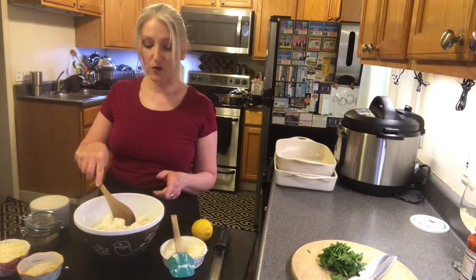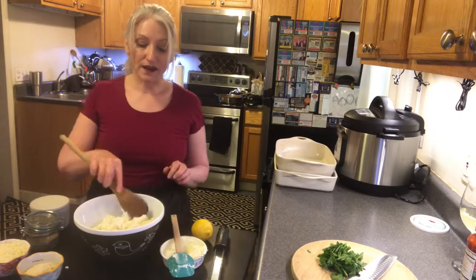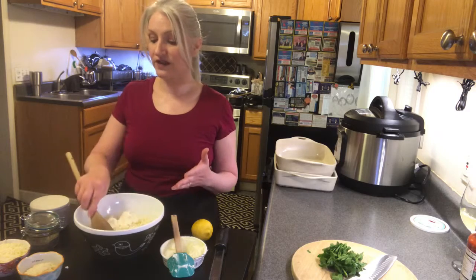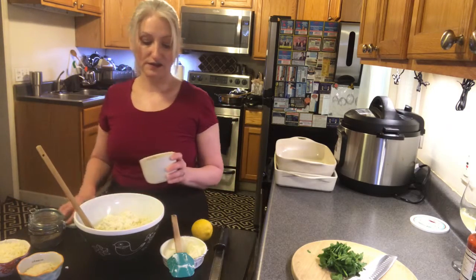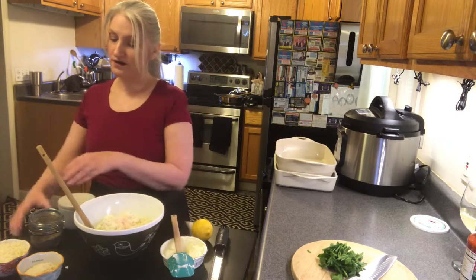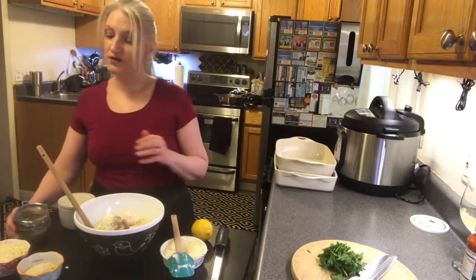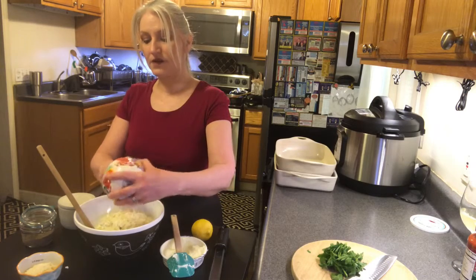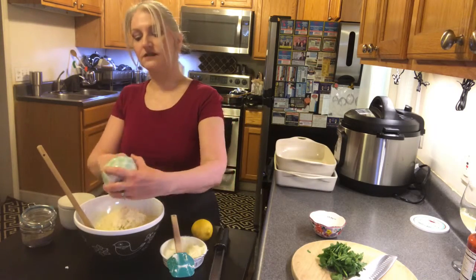So what I have in my bowl is some whole milk ricotta cheese, and I like the whole milk just because it's very rich and it gives it great flavor. To that, I'm going to add a little bit of salt and a little bit of pepper. And because you can never have enough cheese, I'm going to add some mozzarella cheese, a little bit of Parmesan cheese,